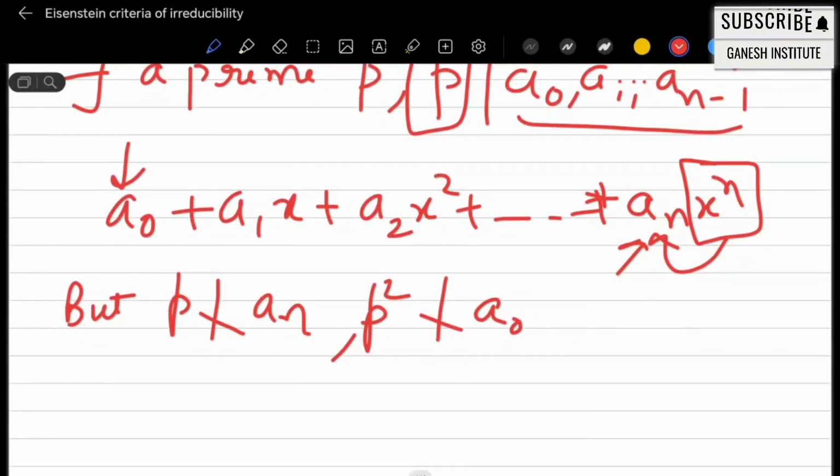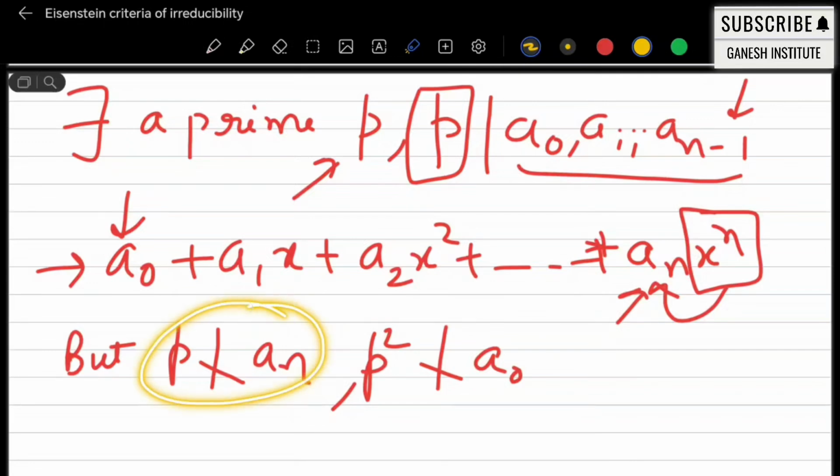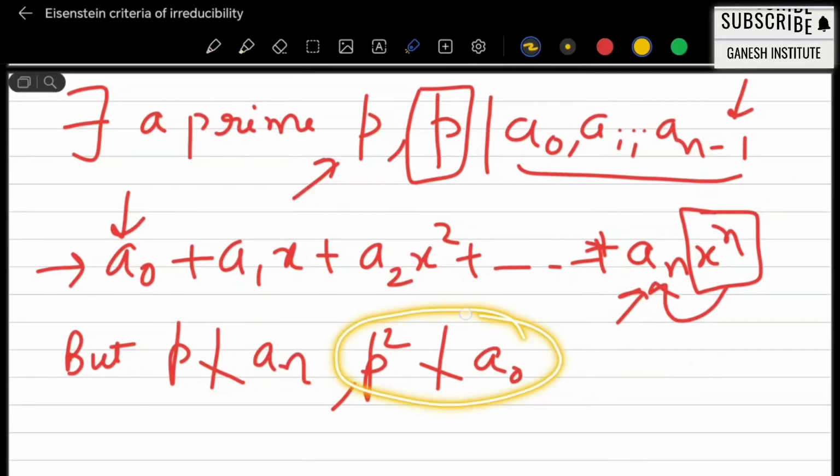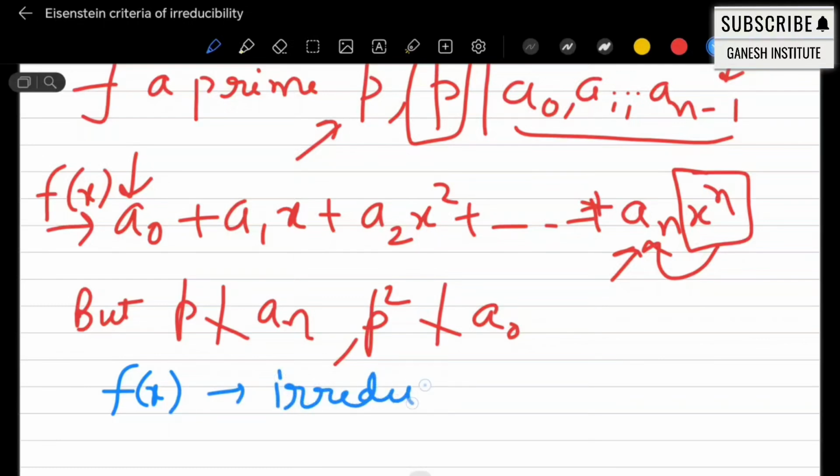Then Eisenstein's criteria states that if there is a prime number p for this particular expression for which p divides a0, a1, a2, a3 and so on up to the second last coefficient, and p does not divide the coefficient with the highest power, and p square does not divide the constant term, then this f(x), this polynomial, is irreducible over Q. Q means rational numbers. Okay,